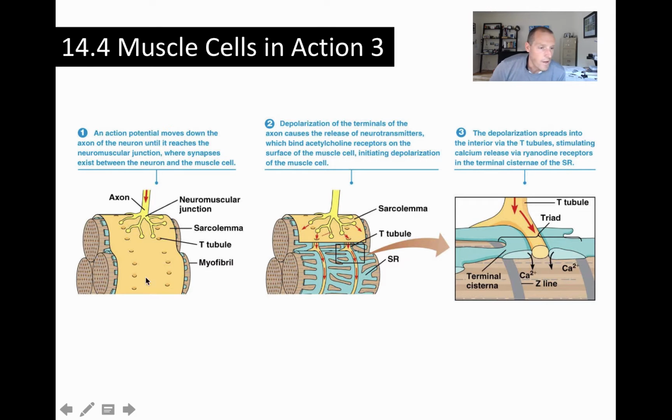So what we have here is an axon, and we've got all these neuromuscular junctions, which is where the neuron basically innervates the sarcolemma, which is the plasma membrane of the muscle cell. And so what we have here is a whole bunch of acetylcholine receptors, and so the nerve impulse comes down, the action potential causes a release of acetylcholine in the axon